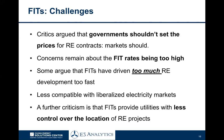Some argue, in fact, that FITs have driven too much renewable energy development too fast, and that they're, in that sense, harder to control than an auction mechanism, where you can effectively tender out blocks of capacity. Say we want 500 megawatts now, we'll have 500 megawatts next year, and you can procure effectively on a predetermined schedule. That criticism remains a concern of many regulators and many utilities who have been trained in a more central planning paradigm, particularly within utilities, where they like to be able to do planning around generation adequacy, around generation mix, and